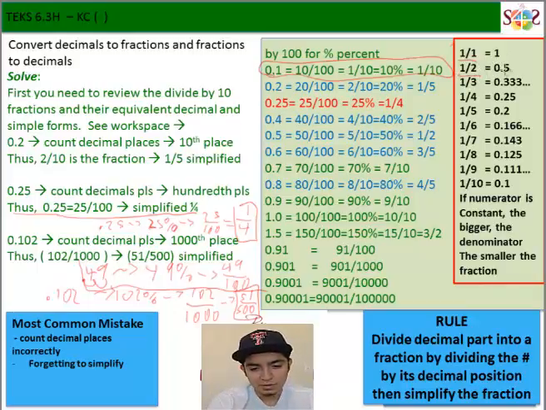Then we have 1/3, and 1/3 of something is going to be 0.333, continuing on. Then we have 1/4, or a quarter of something, and if you think about it in currency, a quarter is 25 cents, which is 1/4 of a dollar,